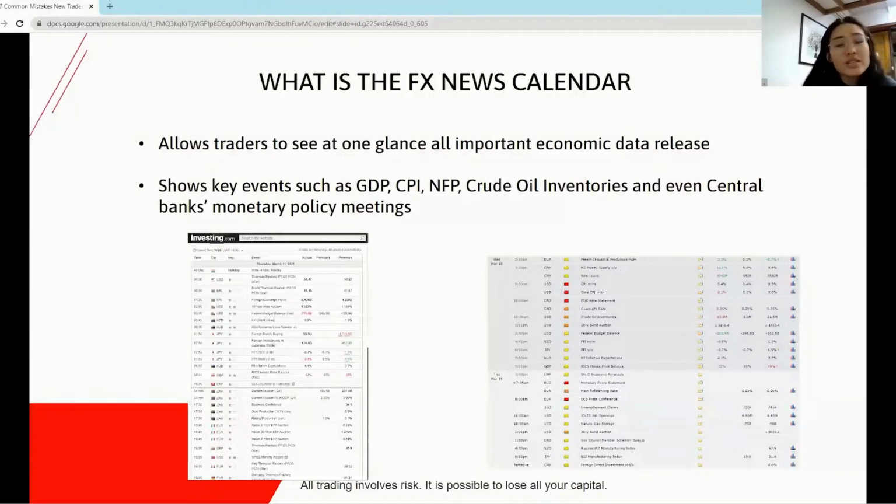Having a news calendar that you look at is pretty important because it allows you to see at one glance all important economic data releases. And it shows key events such as GDP, CPI, NFP, crude oil inventories, and even central banks' monetary policy meetings. So it's important to distinguish between